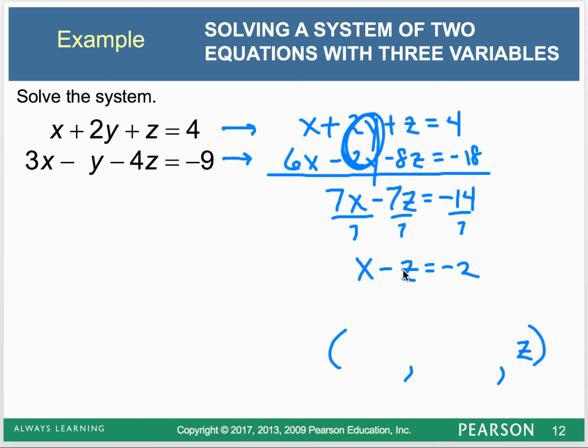Okay? Right here, I can already get the x value. So I'm just going to solve for z. Right? So I'm going to take this equation, solve it for z. Negative z equals negative x minus 2, right? If I subtracted x from both sides. Okay, divide or multiply by negative 1, so I know that z equals,